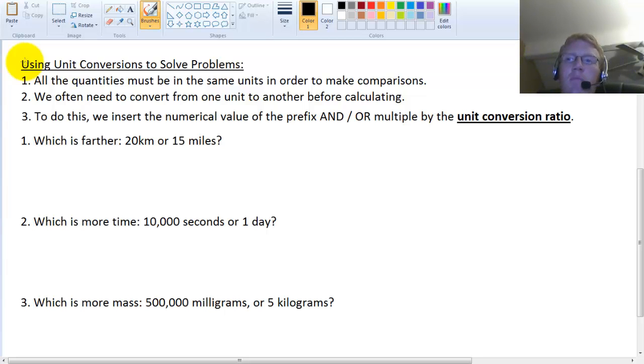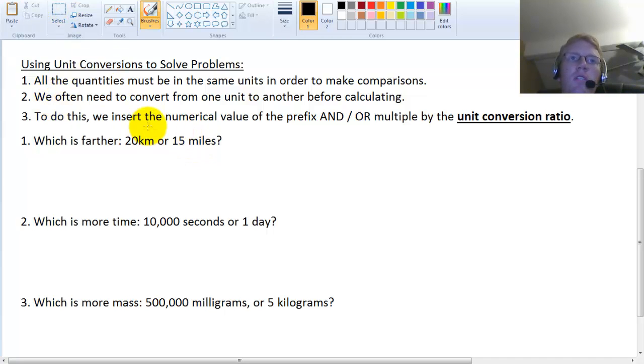You can't immediately say what's more. Let's do the first problem here: 20 kilometers or 15 miles. Well, because kilometers and miles are not the same unit, you can't immediately tell which one is bigger and which one is smaller. You need to convert them into the same units in order to tell and make some kind of